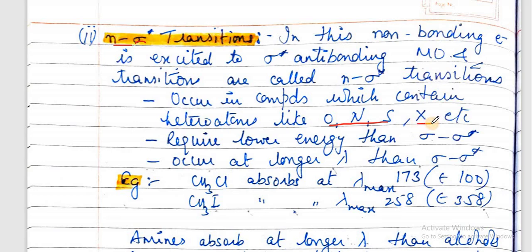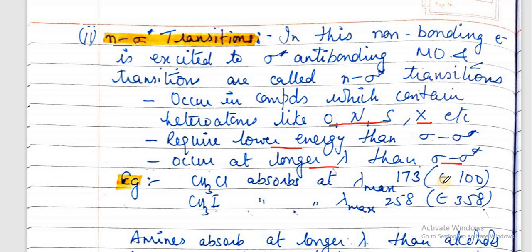All these atoms have lone pairs of electrons, which are non-bonding electrons, and these transitions require lower energy than sigma to sigma star, because in sigma to sigma star a sigma electron has to get excited, but here a non-bonding electron undergoes the transition. Lower energy means longer wavelength than the sigma to sigma star transitions. Example, methyl chloride absorbs at 173